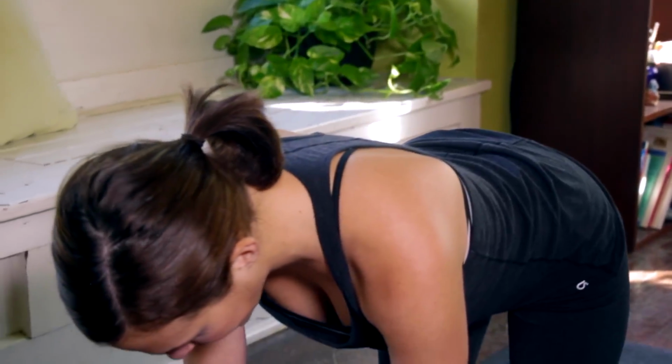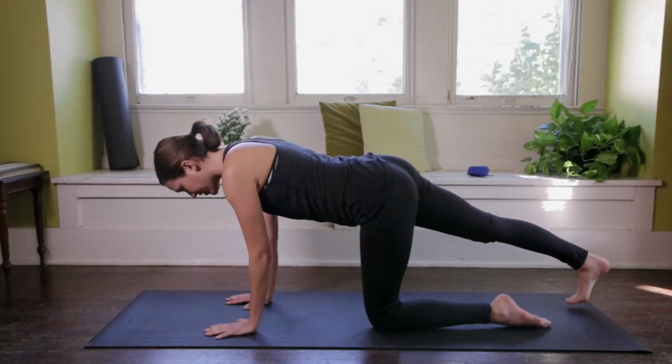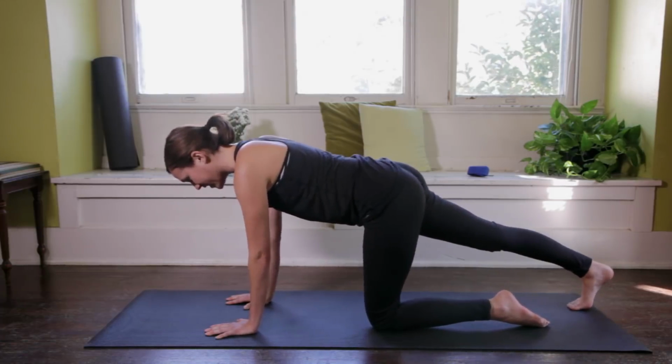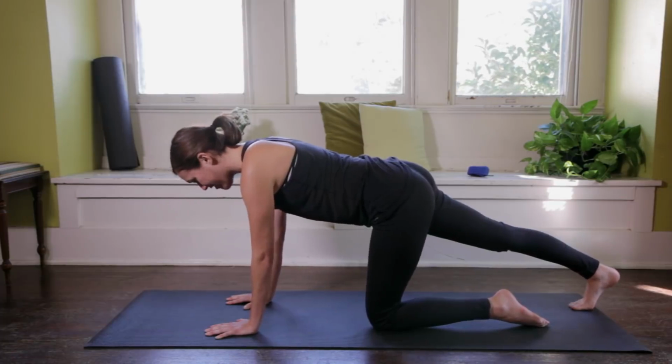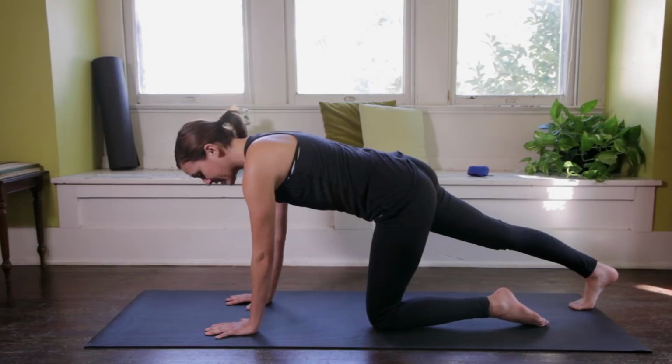Come onto the tops of the feet again. Inhale, extend the right toes out long. Go ahead and bring the right toes to the earth. And we're just going to take a couple seconds here to breathe into the back of that right leg. Breathe into the calf. Notice I'm not collapsing into my shoulders here, but I'm maintaining that lift so that slowly